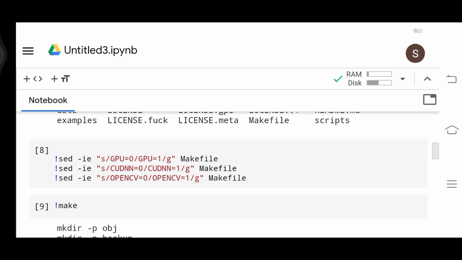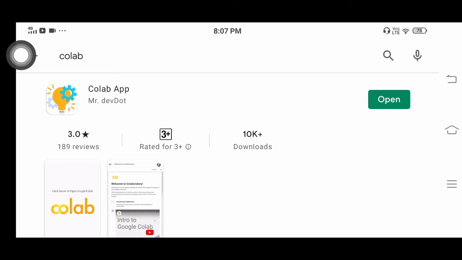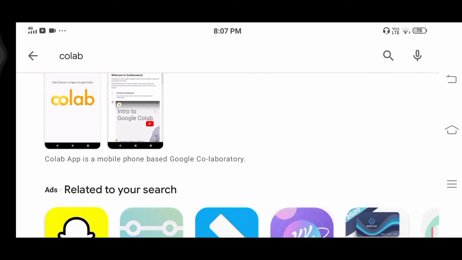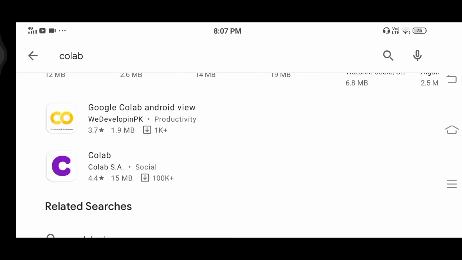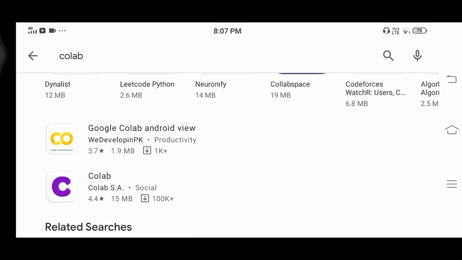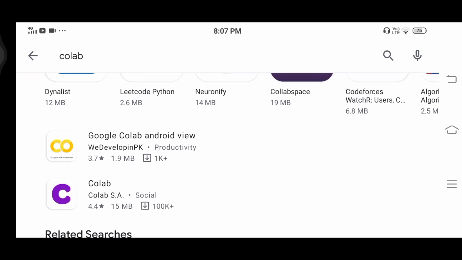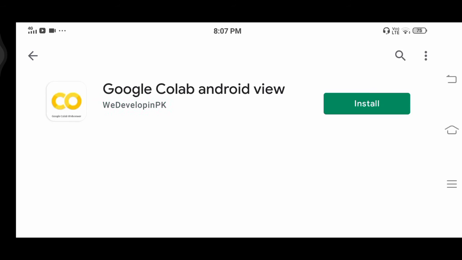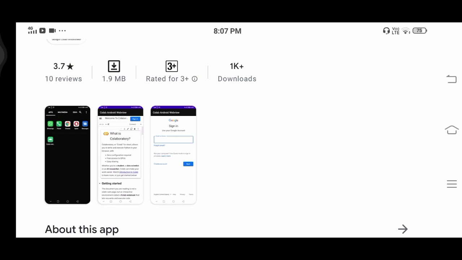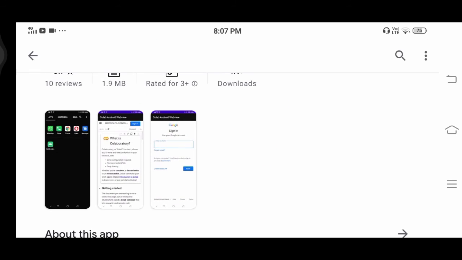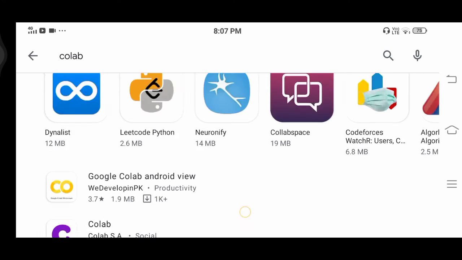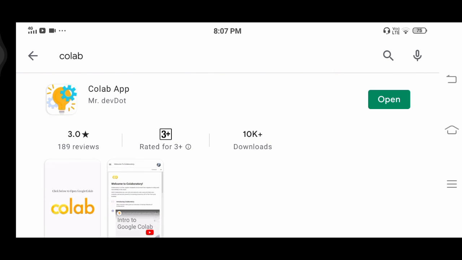I will give you the link of this app which I showed you. This app is actually available on Android, so you all can download it. Mr. DWatt has made a wonderful thing, and the reviews were very wonderful. There is also a Google Colab productivity app. I don't know if it is a workable app, but the only workable thing is this app, which has 10k subscribers, and is working perfectly.